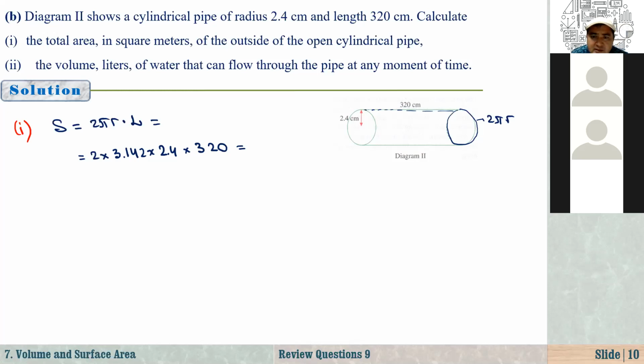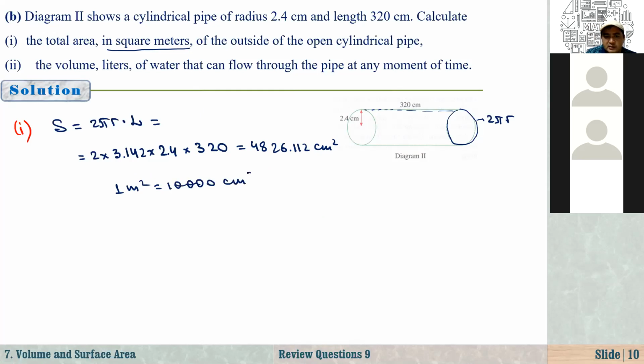No, not square meters yet. First it is centimeters, and I'll change this into square meters. So that's equal to 2 times 3.142 times 2.4 times 320. That's equal to 4826.112 centimeters squared. Now it says that in square meters, we know that 1 meter squared is equal to 10,000